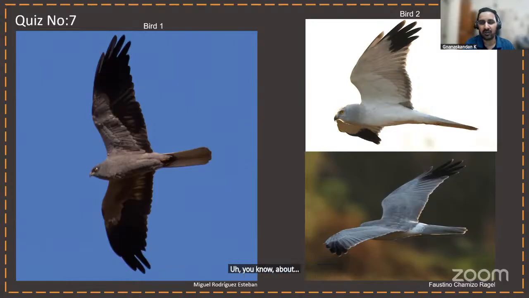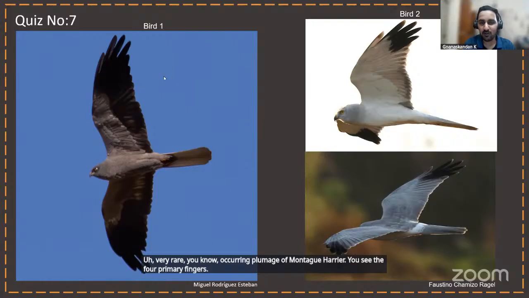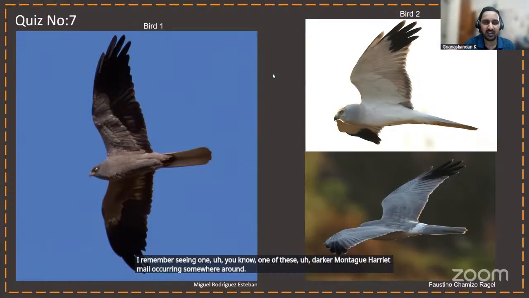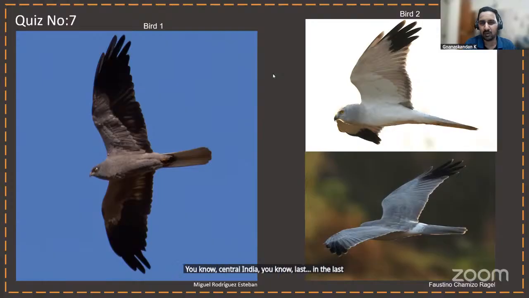about 5 to 10% of the Montague Harrier males have this, very rare, somebody says clean bold, yeah, very rare occurring plumage of Montague Harrier. You see the 4 primary fingers is a dark form of Montague Harrier male that occurs across. I remember seeing one of these darker Montague Harrier males somewhere around central India in the last couple of years. I am not remembering where. So this is actually a Montague Harrier. You see 4 primary fingers out, the overall